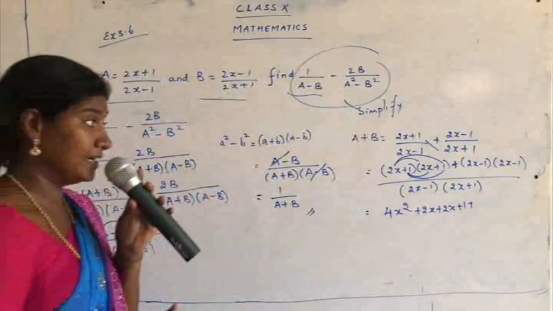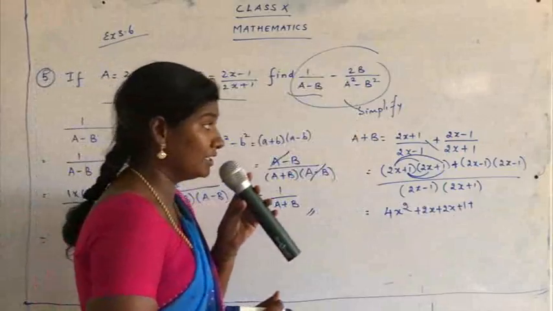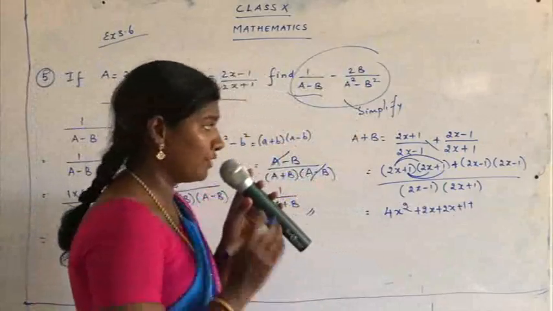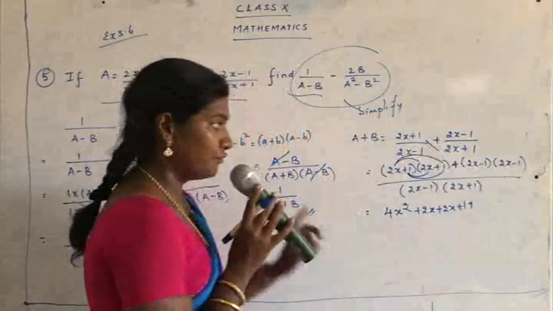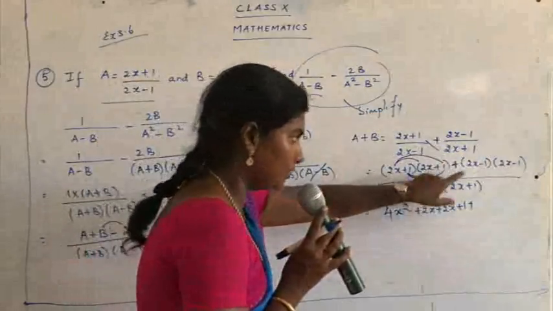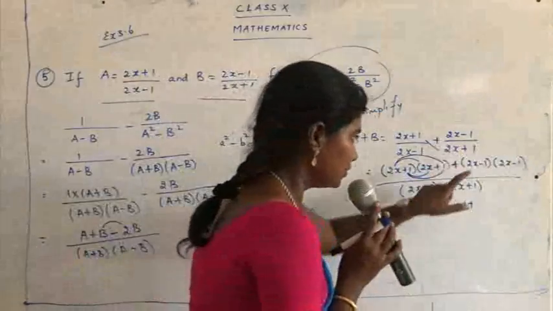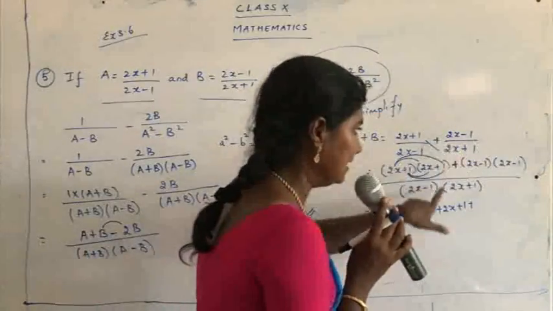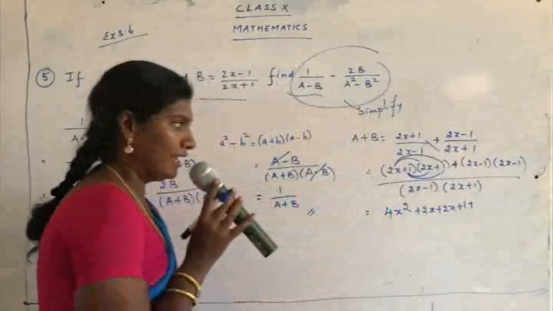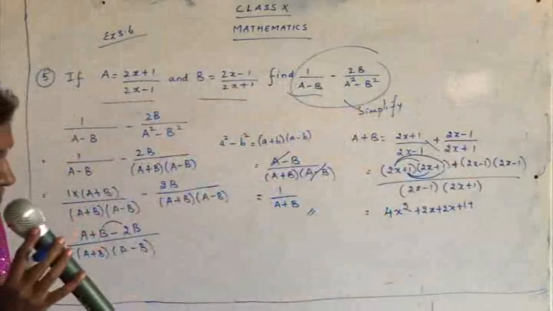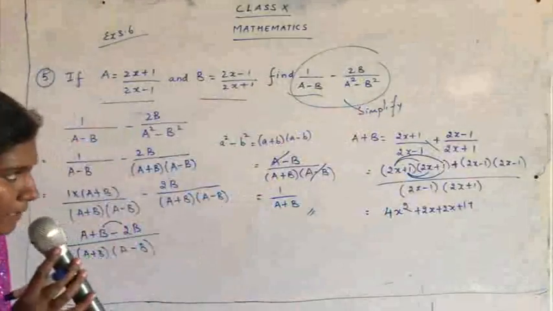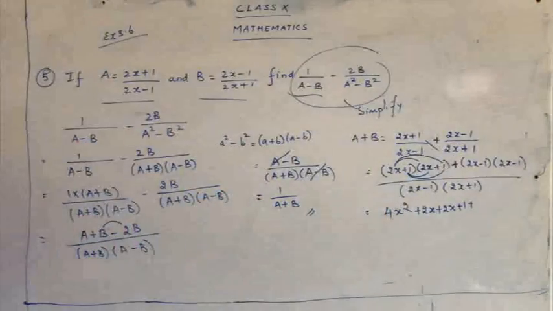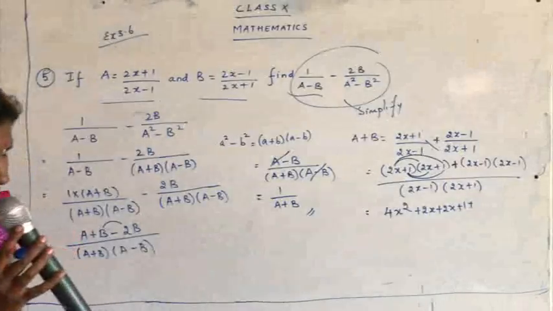But if it's a negative sign, you have to be very careful with the second part. Because if you have negative sign as common, for the second part the sign will change. So when you have a negative sign over here, put the terms in brackets so that you don't get any confusion. So now let's go for the second part. I'll give you some time, complete the second part. Multiply 2x minus 1, 2x minus 1 and get the answer.